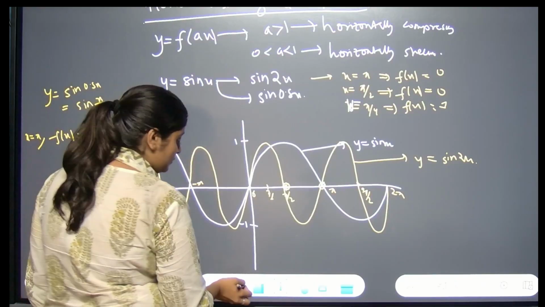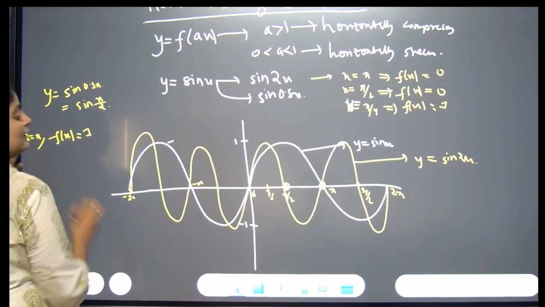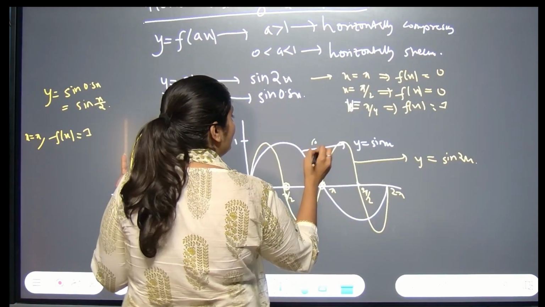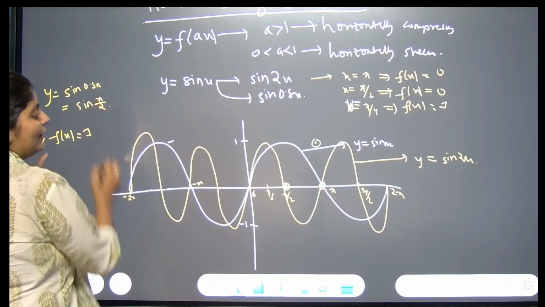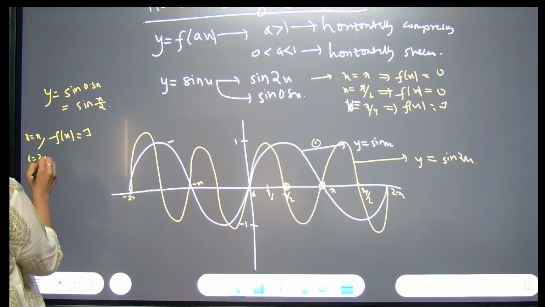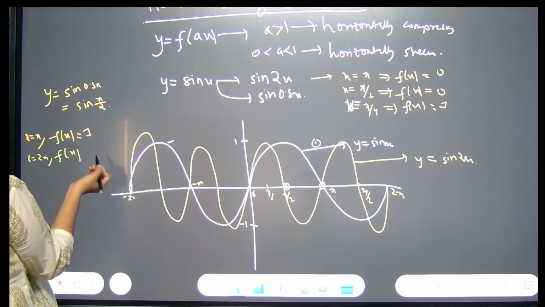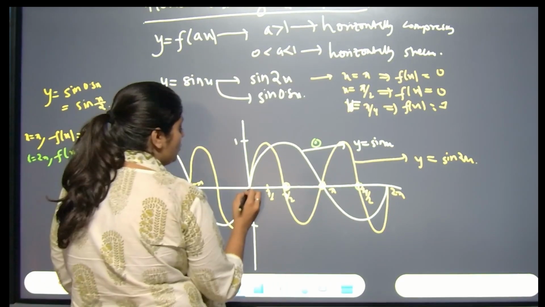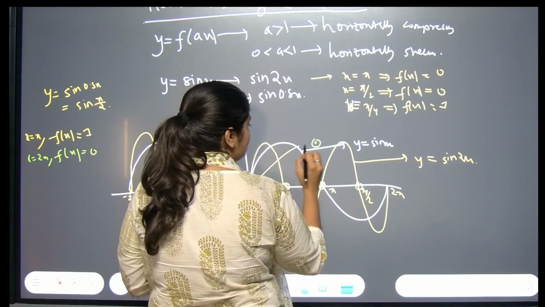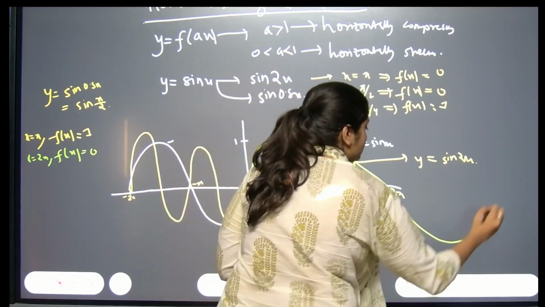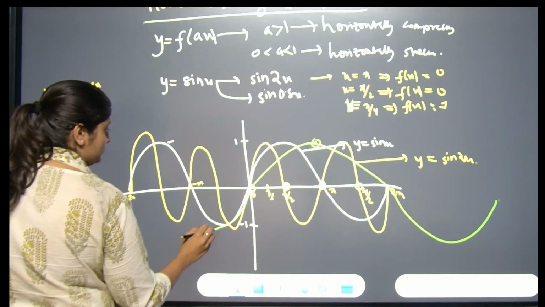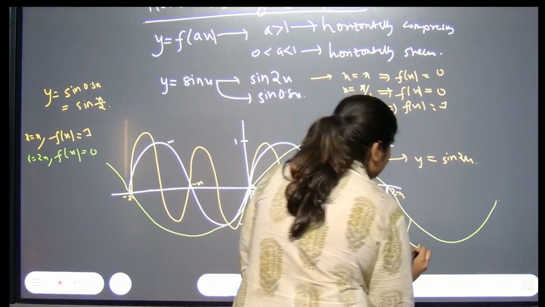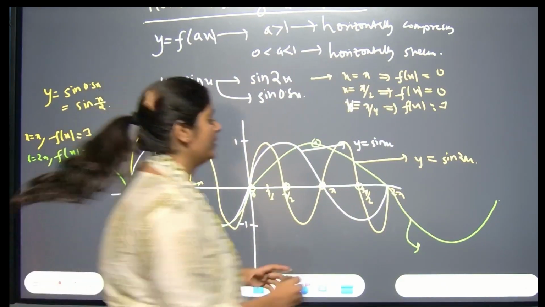So we will take this green color. For x equals pi, the graph is giving us 1, this, right? For x equals 2 pi, the graph is giving us sin pi, which is 0, this. Similarly, at x equals 0, the graph is 0. So the graph would be like this. This green color is the graph of y equals sin 0.5x.